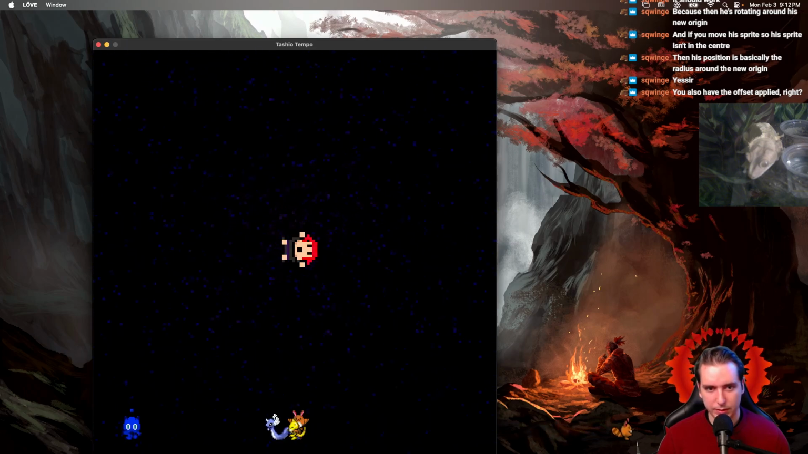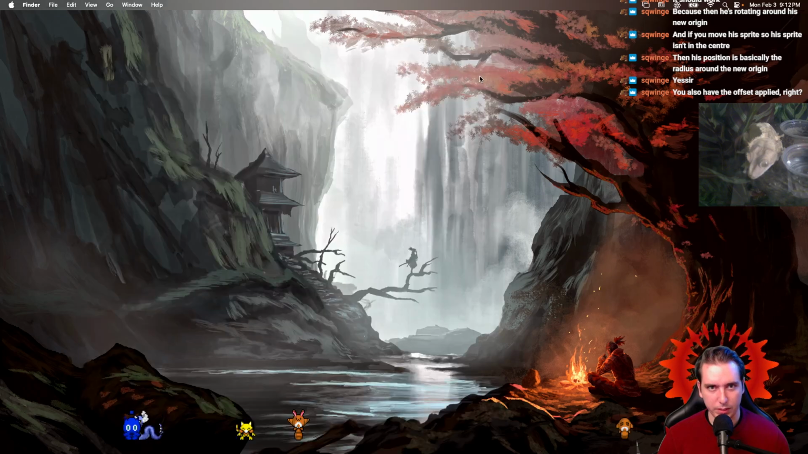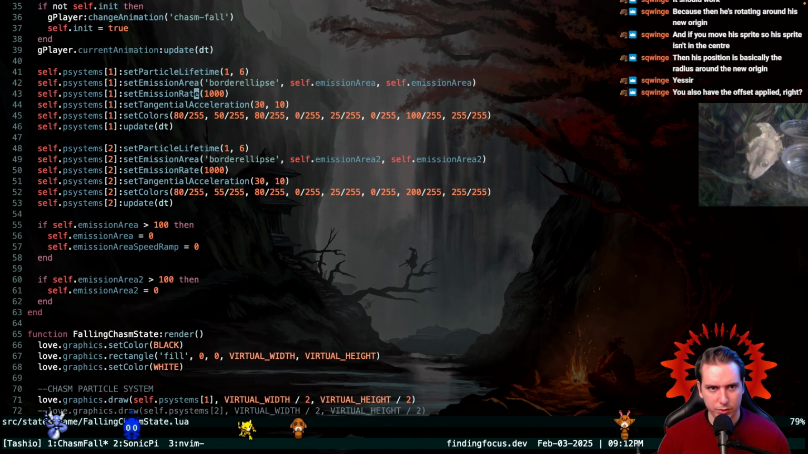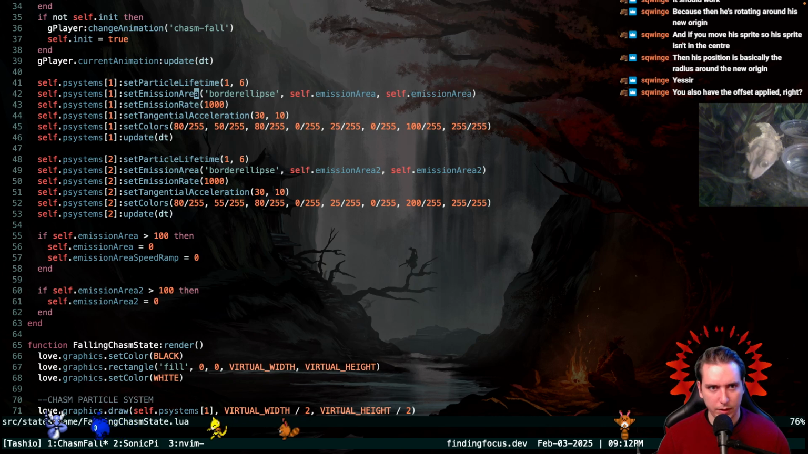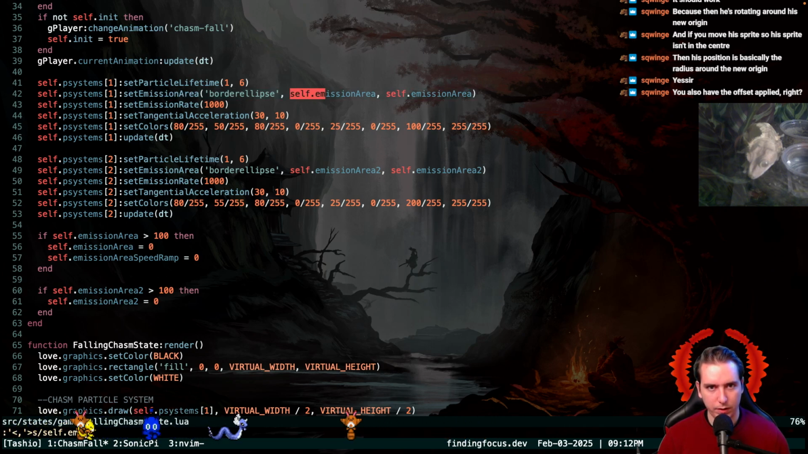Okay, it's not the area we want to speed up, right? Well, emission area, yeah. Okay. Well, so if we put our emission area as 25,